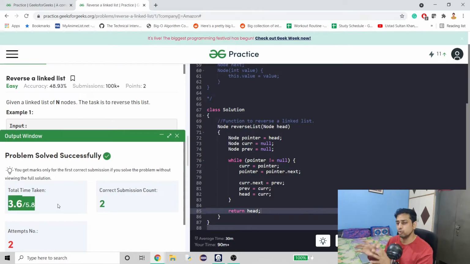It's not the most efficient or most optimized, but it's a good approach, and it's the easiest approach, because when we talk about the optimized approach, we have to use recursion, and that could be difficult for some of you guys. So you should always try to find the easier solution first and then try to find the optimized solution, because the interviewer is not going to stop at one approach only.